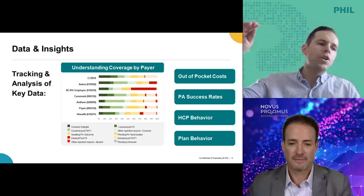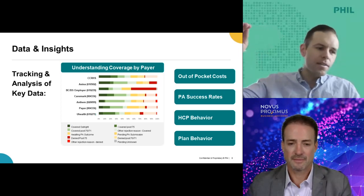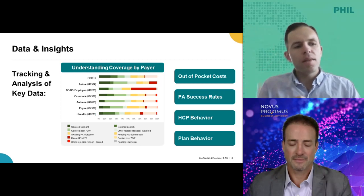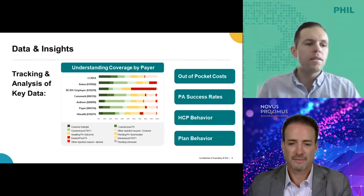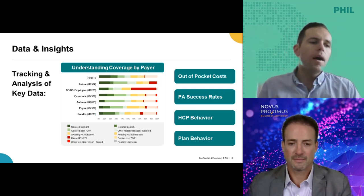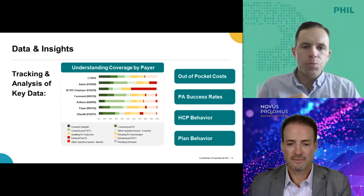how do I really get to as many formularies as possible, right? To have the broadest percentage of coverage, and they may not be thinking about that from a gross to net standpoint, right? Is this sustainable? Am I able to actually track and measure what this is costing the organization? And am I able to make changes to the way that we're structuring our access program to ensure that it's continuing to drive pull through from a patient standpoint,